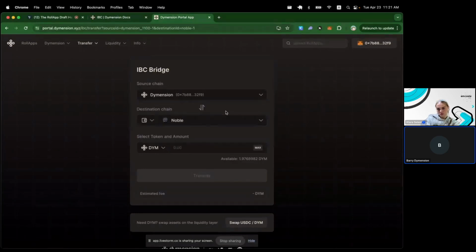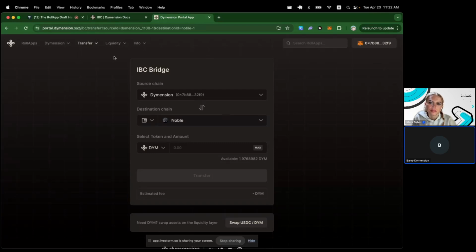For example, if you're bridging from a RollApp to Dymension, then Dymension has the latest state. And if the unbonding period is very low, then that light client will expire, and users won't be able to bridge out. So my recommendation is a 5-day minimum, and then at a maximum, you don't want to